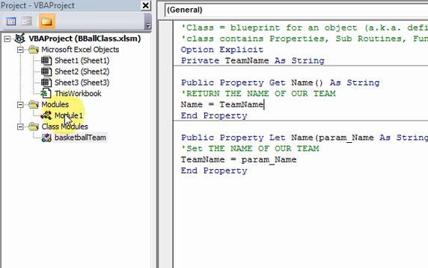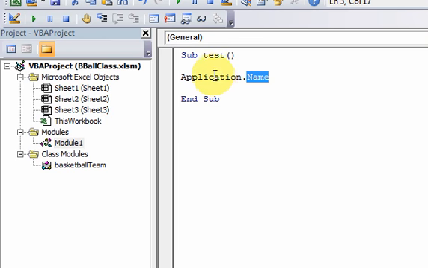So remember, we have a basketball team class now, and it has a property in it called name. If we go back to this, I'm just going to comment this out. And now we could start writing our code. We could start using this new class that we created. How do we do that? Just like when you declare a variable, you could do dim BB team